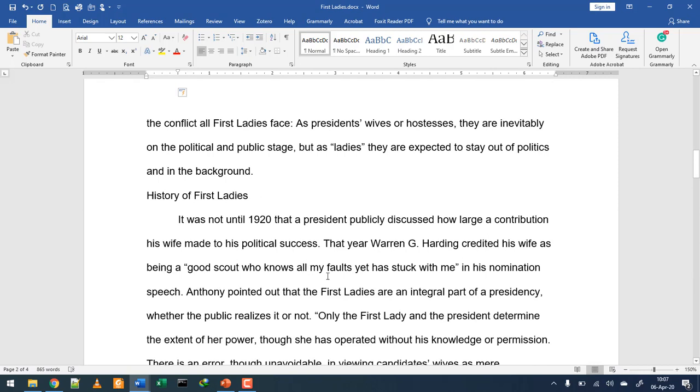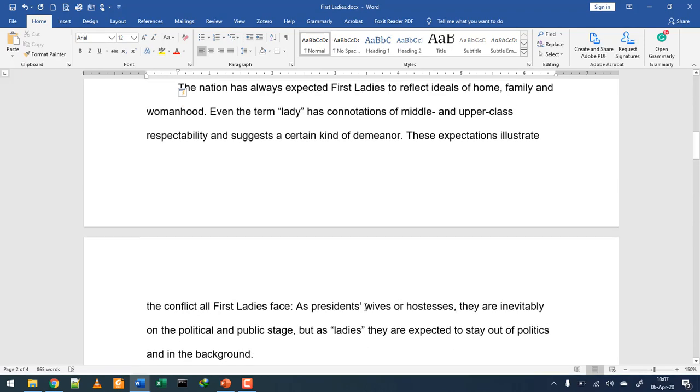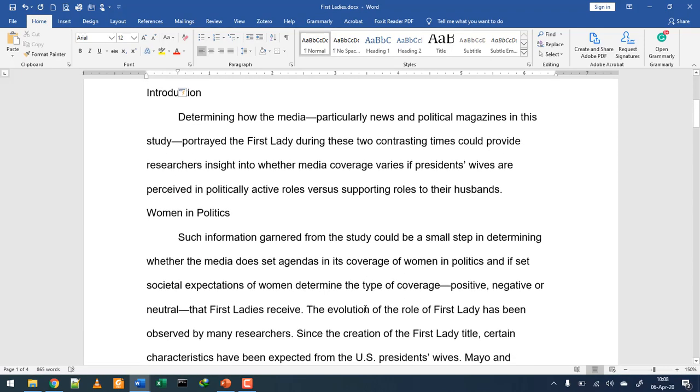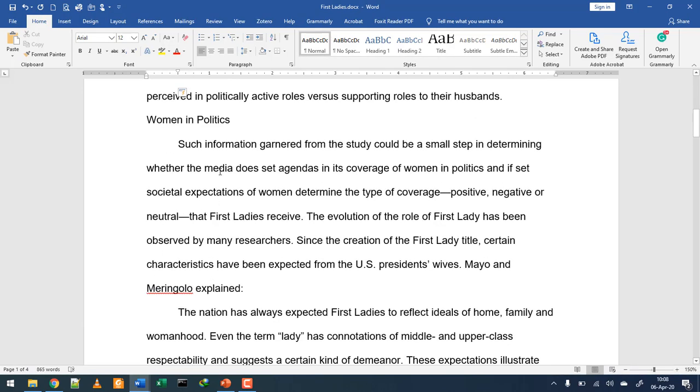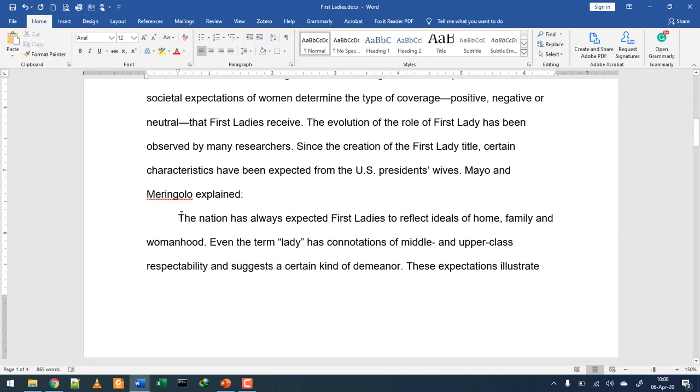So the next instruction says, under the heading Women in Politics, position the insertion point in the second paragraph, beginning with the nation has always. So I will first go to Women in Politics, which is this section, and then look for the second paragraph or the second sentence, and the one that starts with the nation has always, which is there. And then